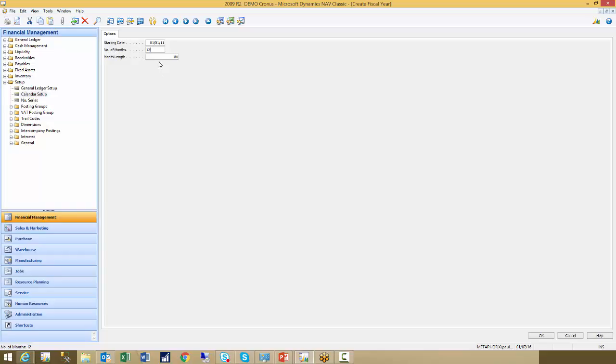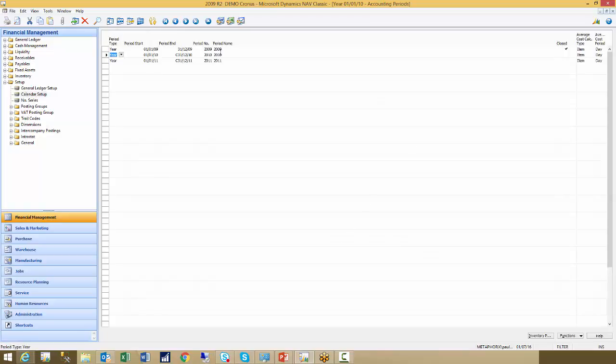The only time you would change that is if indeed your financial year changed, if you moved from January to a March beginning of the year, etc. So we will leave that as 12 months, and the length is 1M, and we just simply say OK, and now we can see that 2011 has now been generated. So at this point we can now close our 2010 year. So back to our functions and close year,